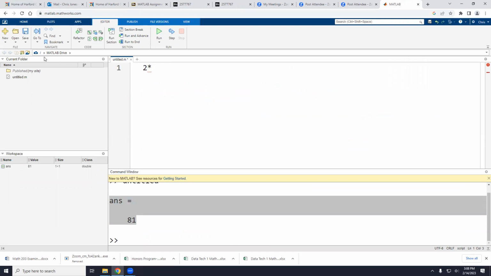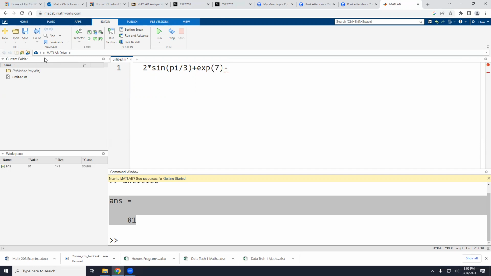MATLAB's kind of dumb. You have to type in the multiplication. So 2 times the sine of pi, you type in pi as pi, divided by 3, close the parenthesis, plus. When you type in e, it's going to be exp to the 7th. And then finally, you guys might remember in pre-calc, there's something called a change of base formula, where you can